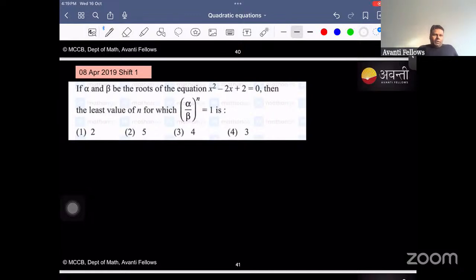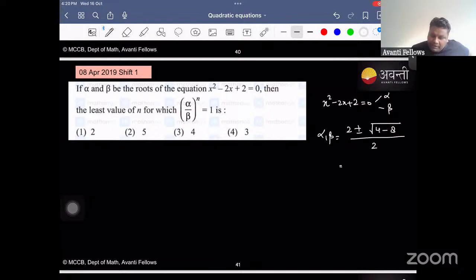Hello? Yeah, have you got it? Alpha and beta are the roots of this equation, then the least value of n for which alpha upon beta whole raised to the power n is 1. Now see, the equation I talk about is x square minus 2x plus 2 equal to 0, its roots are alpha and beta. So alpha and beta will be minus b plus minus under root of b square minus 4ac upon 2a. That is 1